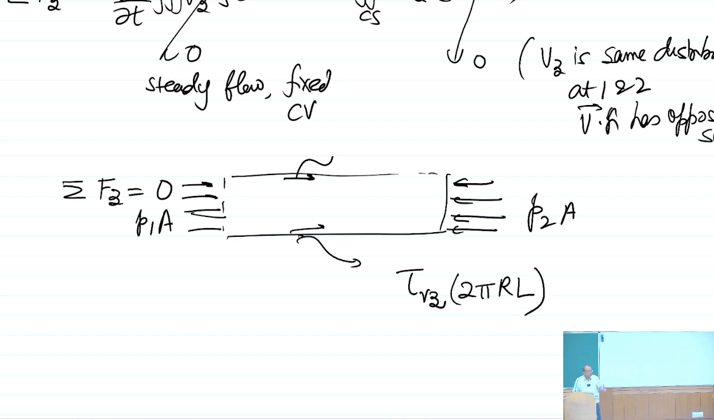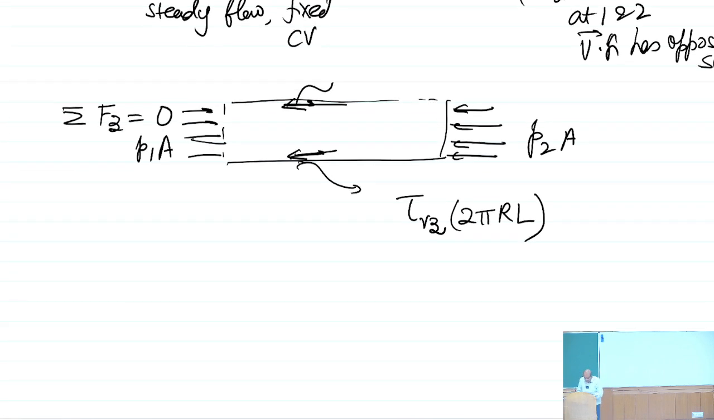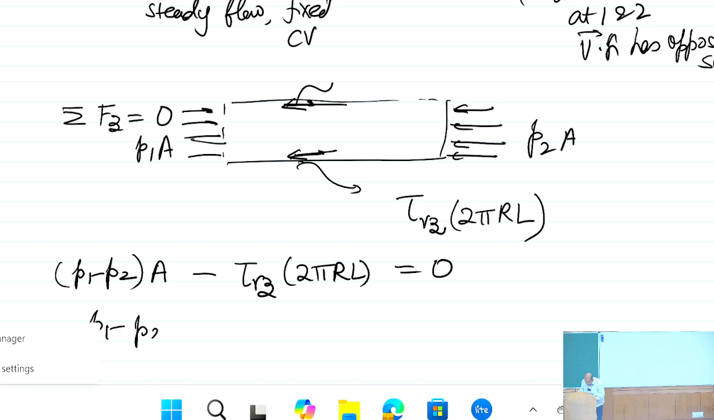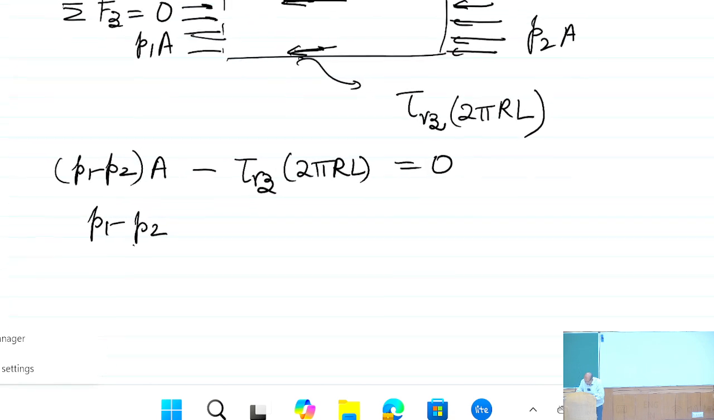If the shear stress is constant, then on the side of the pipe, the force acting will be in the negative direction. So what I get is (P1 minus P2) times A minus tau Rz into 2 pi R L is equal to 0. And what I get from here is (P1 minus P2) by L